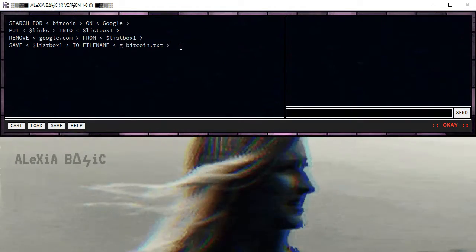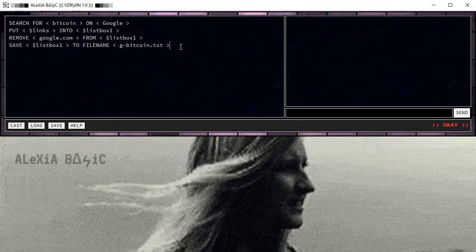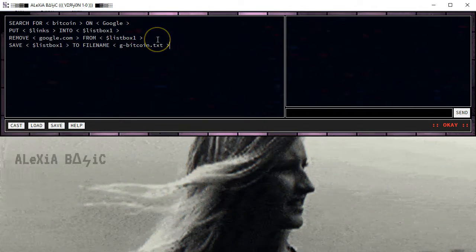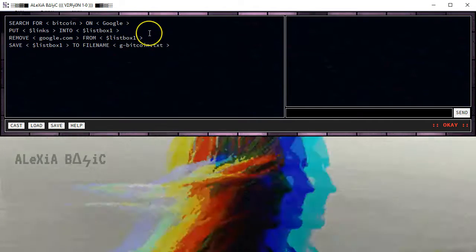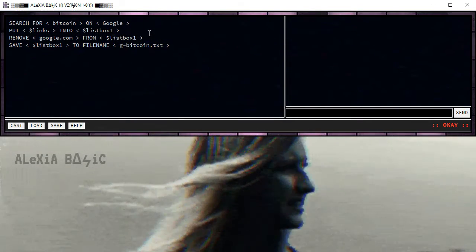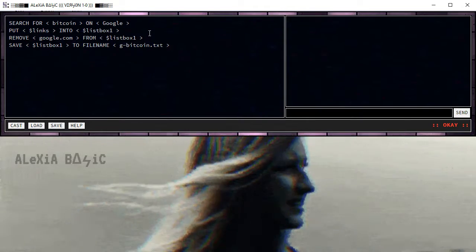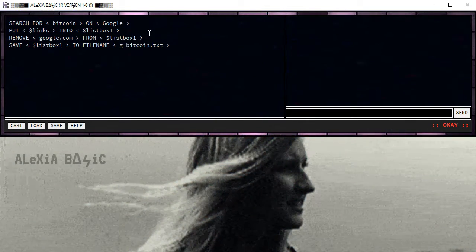This tutorial is focused on how to get the most out of the search for on command. Now, this is not intended to be an exhaustive tutorial on this particular command because that already exists, but this tutorial is really designed more to give you an idea of how you can use this particular command to really enhance your internet research. So for example, here we have a short spell that begins with search for Bitcoin on